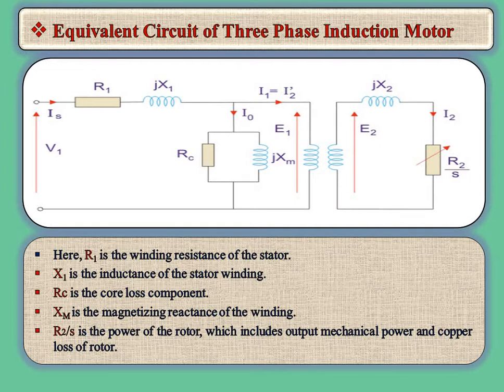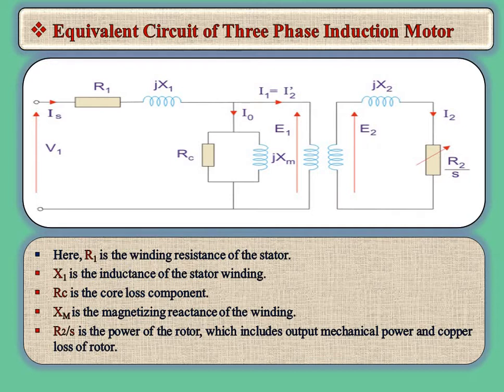An induction motor is a well-known device which works on the principle of a transformer. So it is also called a rotating transformer. That is, when voltage is applied to its stator, then as a result of electromagnetic induction, an EMF is induced in its rotor. The stator winding of the induction motor works as the primary, whereas the rotor works as the secondary.